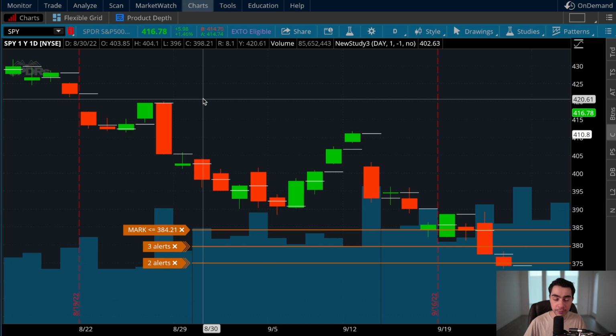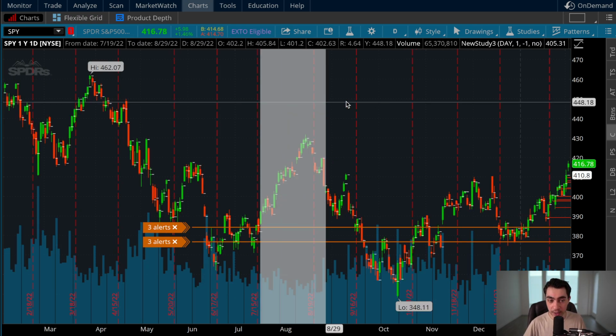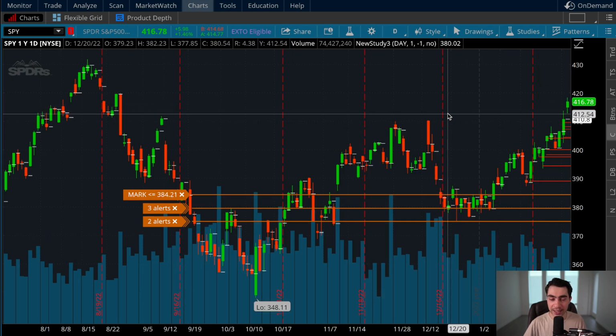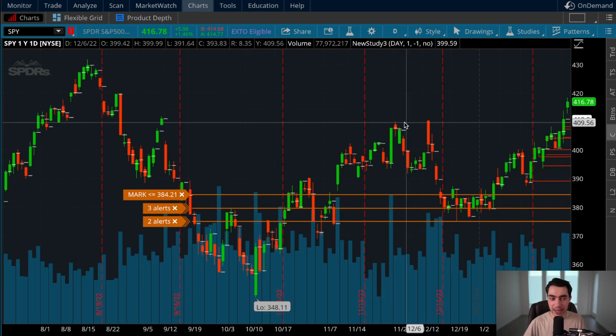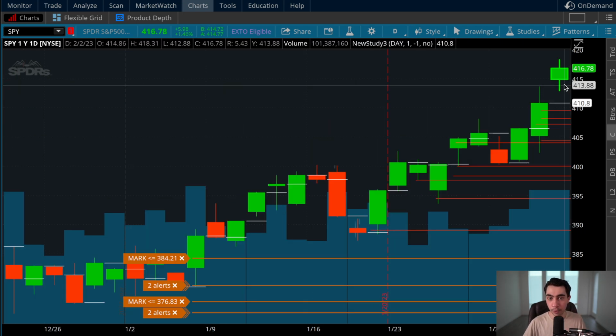So I've been holding off. Now, for me to swing trade, I need a bearish confirmation. In terms of this confirmation, we are overextended, we are overbought. It does make sense. Is this the most bearish candlestick? No, not at all. This is not the most bearish candlestick, but we're due for a pullback, and that's the